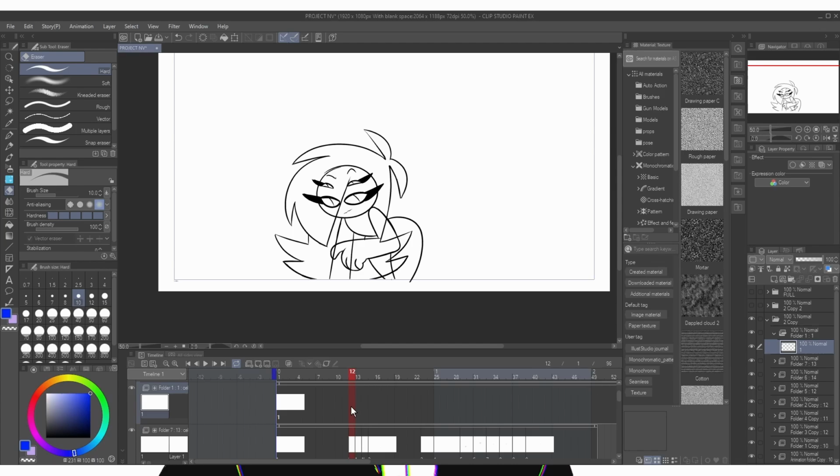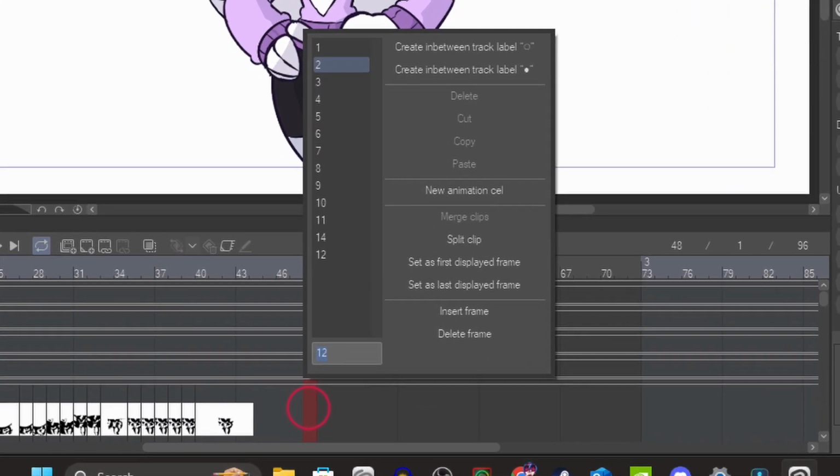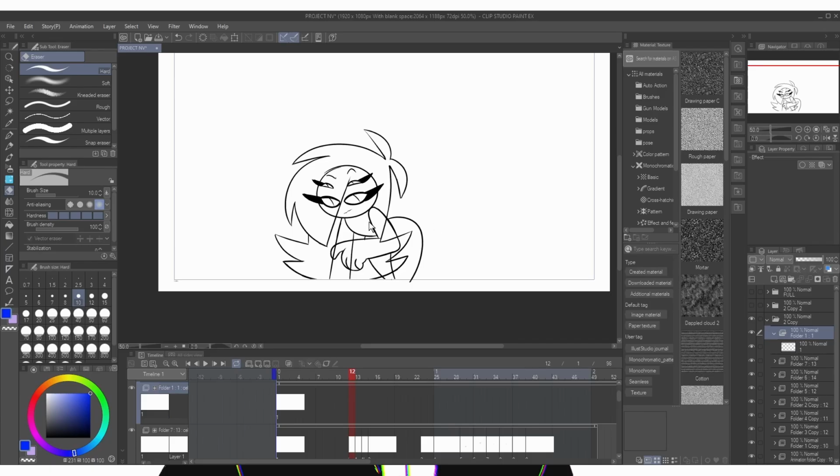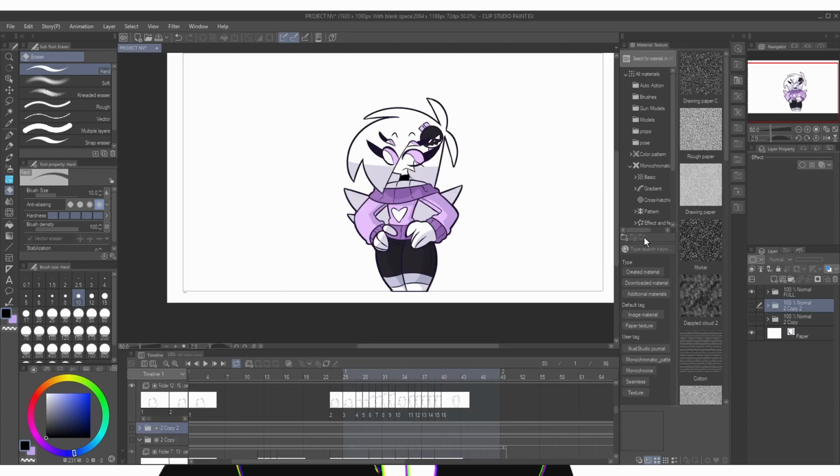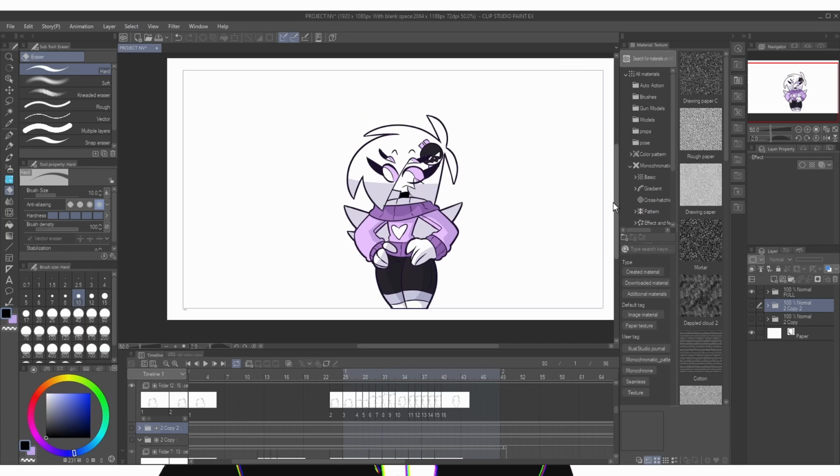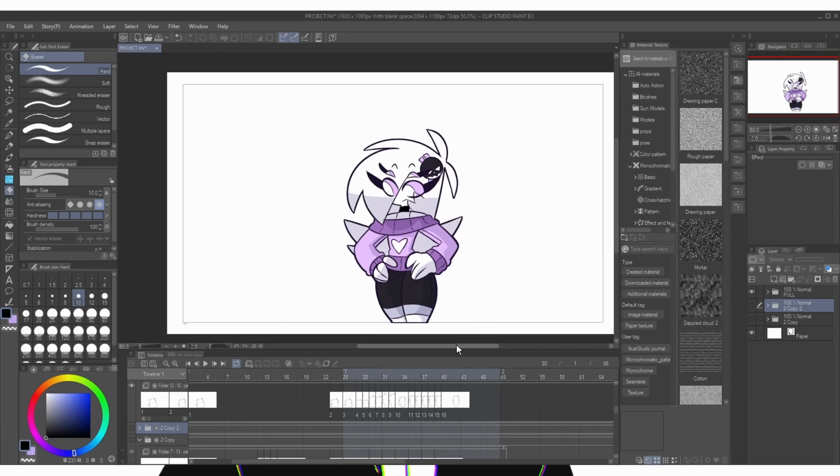And essentially, if you have a version like mine, an older version, what you do is you just right click and you add the layer right here. And basically that's how it works. And that's basically how you do the layers of animation. But yeah, that's basically it. That's basically the gist of how to get the animation done. So I would say in general, that's about all I got to say.